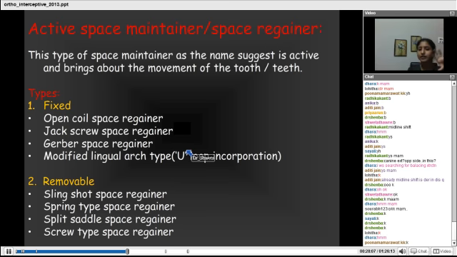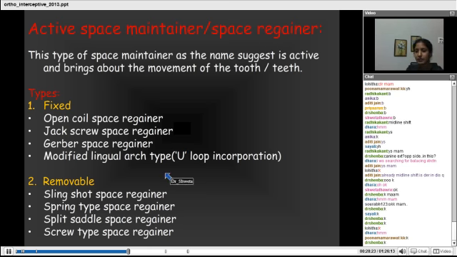See, these are all the different types of space regainers. Now it is not important for you to learn all these. You should just know that these are space regainers. My motive today is to help you find the treatment where you have to use a space regainer. We will not go through all of this. I'll just show you the pictures so that you know which one is which.